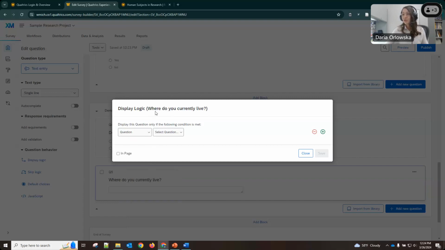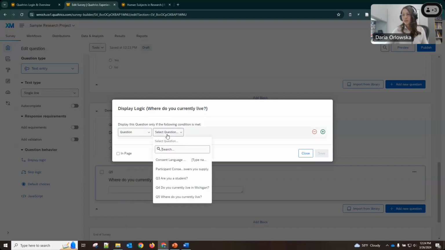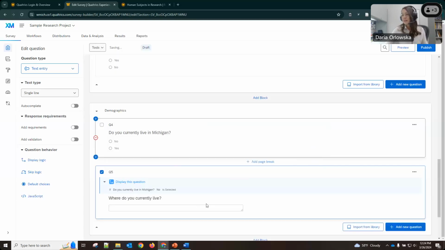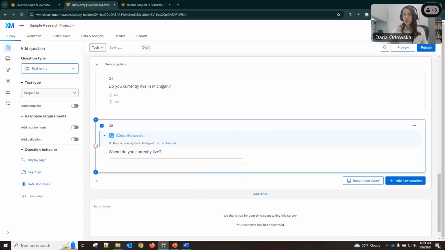So the question, where do you currently live, is dependent on the question, do you currently live in Michigan, if the answer no is selected. And we save this, and so this question will only appear if this one has the response no. And we can test that later to make sure that things are actually flowing the way that we expect.